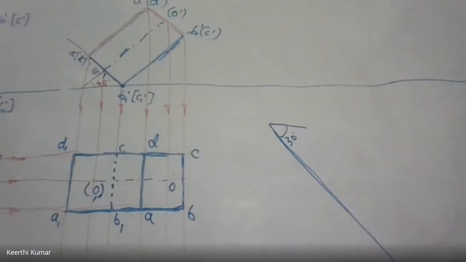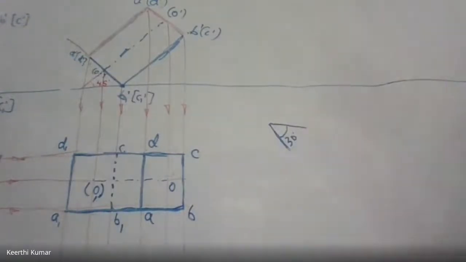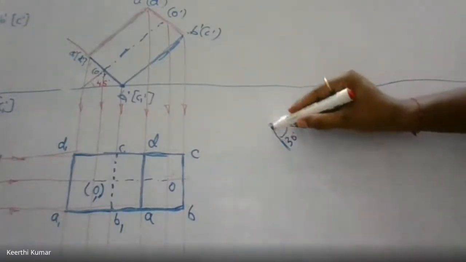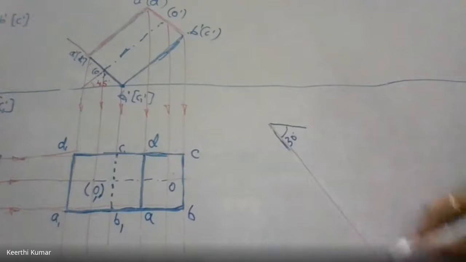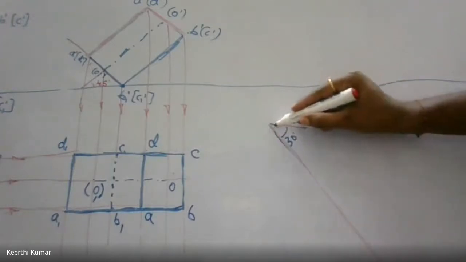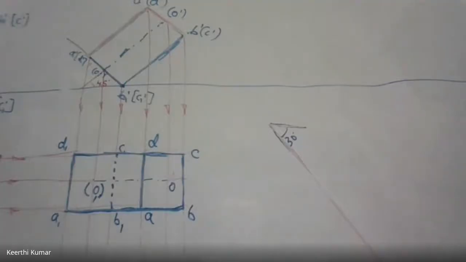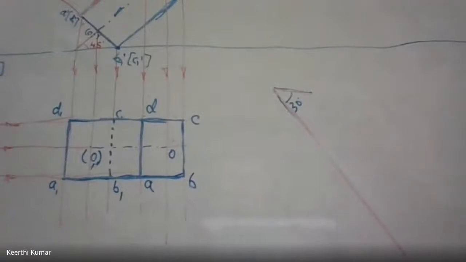And what has to come? That is very, very important. You should understand that first. 30 degree is good. What has to come on this 30 degree line? Read the question. Does the axis have to come? If you are capable of understanding what has to come, the problem is completed. One of the edges of the base. Yes, one of the edges of the base. How many edges are there at the base? There are 4 edges: A1, B1, B1, C1, C1, D1, D1, A1.